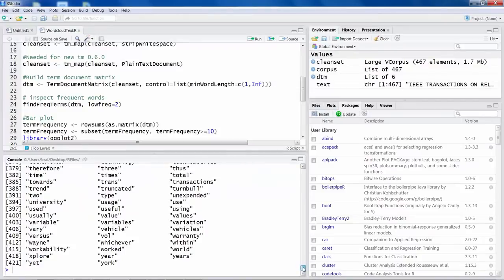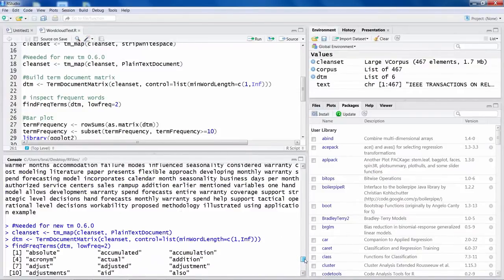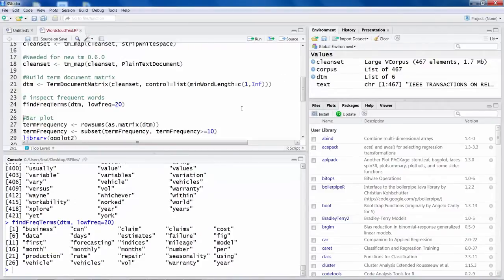So this will print all the common words that it sees. If you say, let's say low frequency 20, so please remember we got like 421 rows. Now if we say 20 instead of 2, we'll get fewer because it will only report those terms which occur more than 20 times. So I'll go back to 2